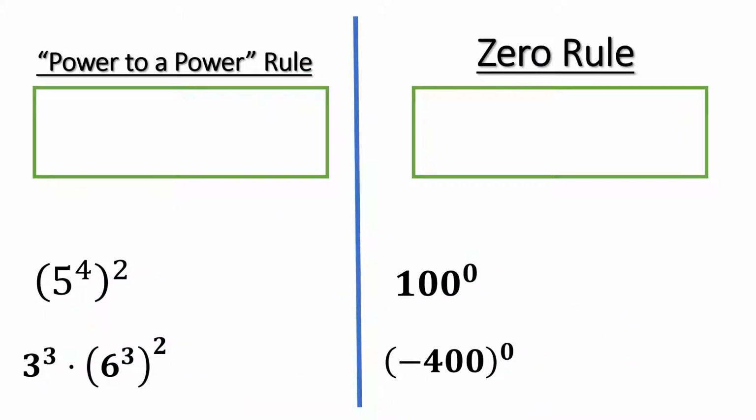Okay, we have a couple more rules we want to look at. The next rule we want to talk about is called the power to a power rule. And the power to a power rule is something that's similar. If you look at these examples, it looks like this. And it basically says that if you have a base